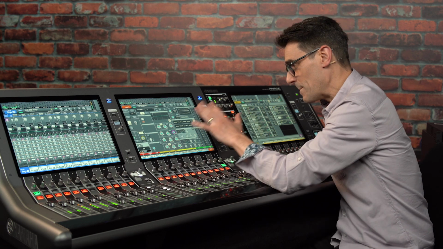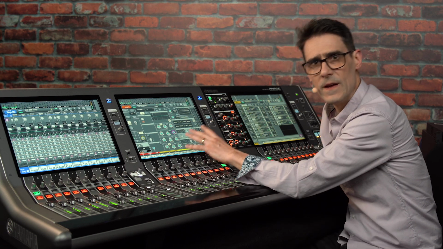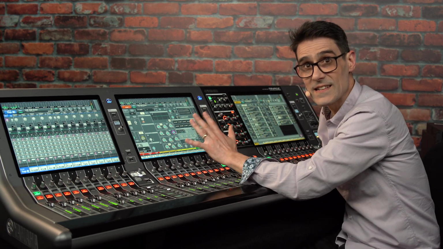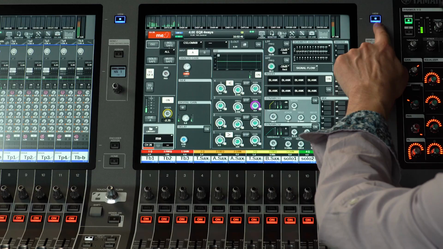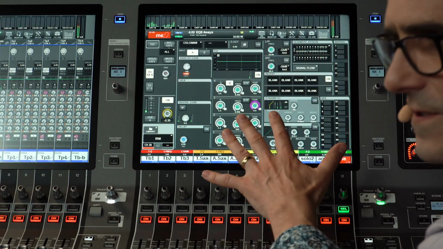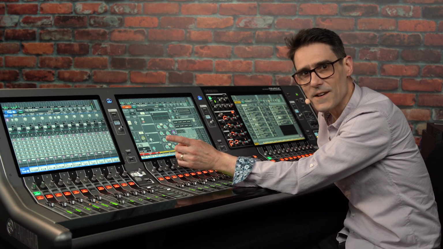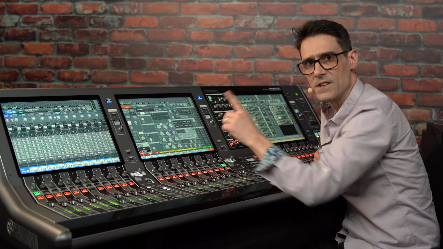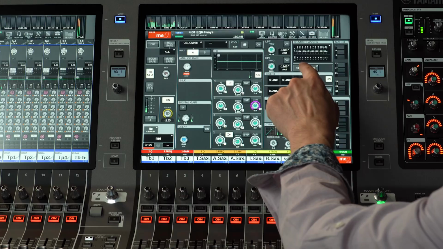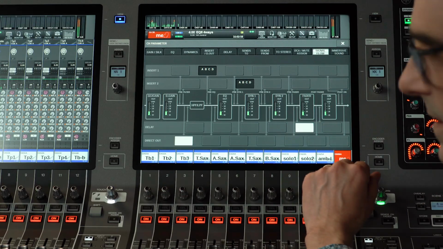Let me talk you through the controls and give you some operational tips. Firstly, let's look at the mounting options. You're likely to want this inserted in an input or output channel, so let's start from the selected channel view. Use any of the 8 available plug-in slots for each channel. Check the insert point with the signal flow screen.